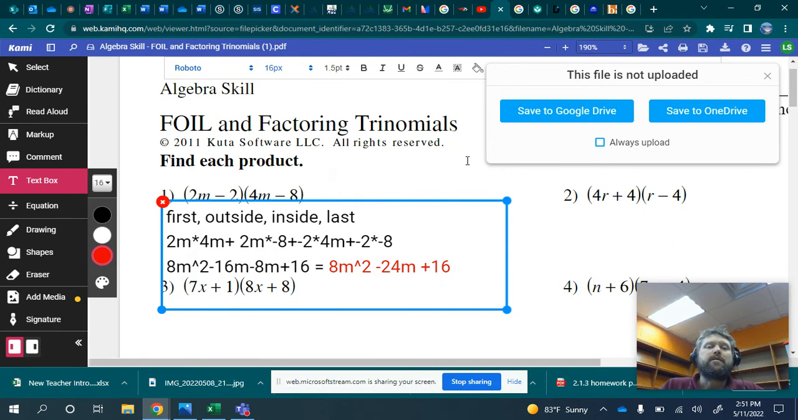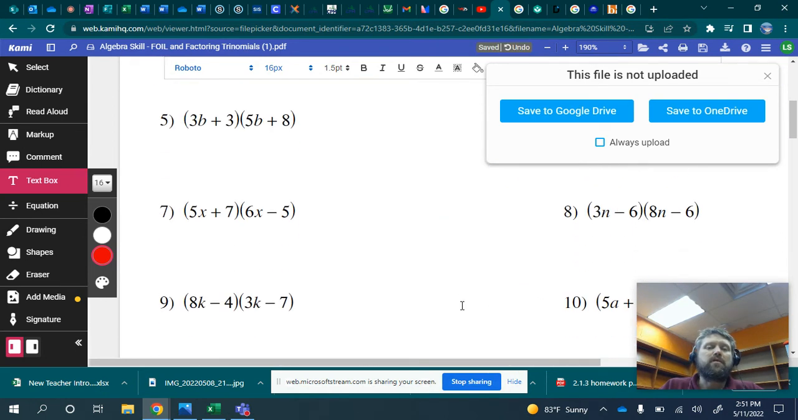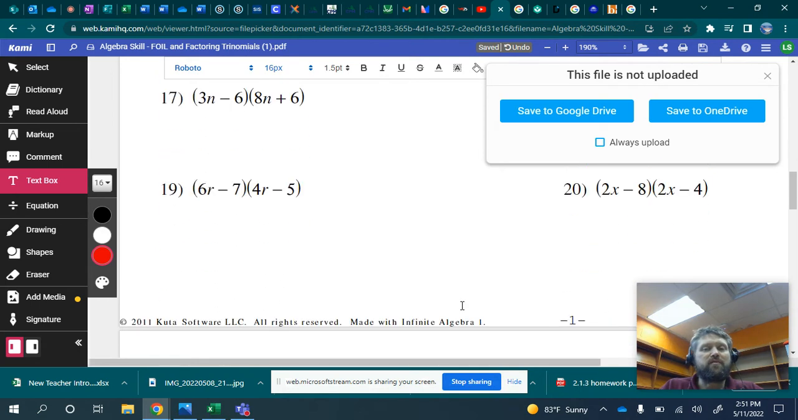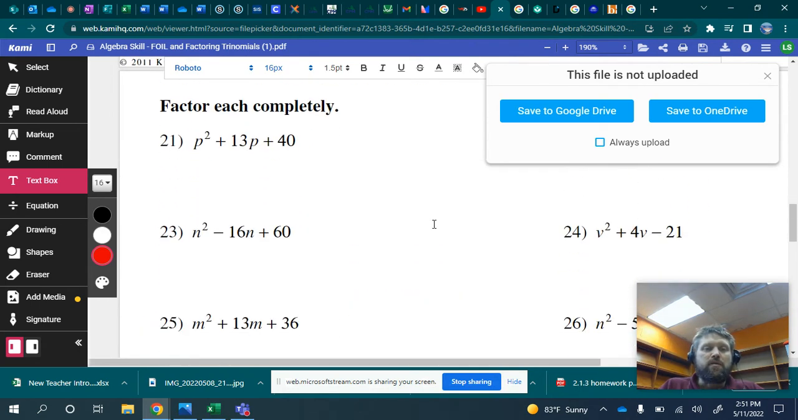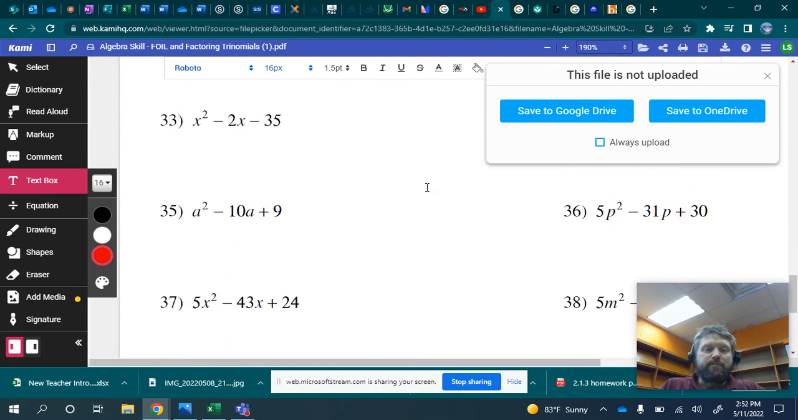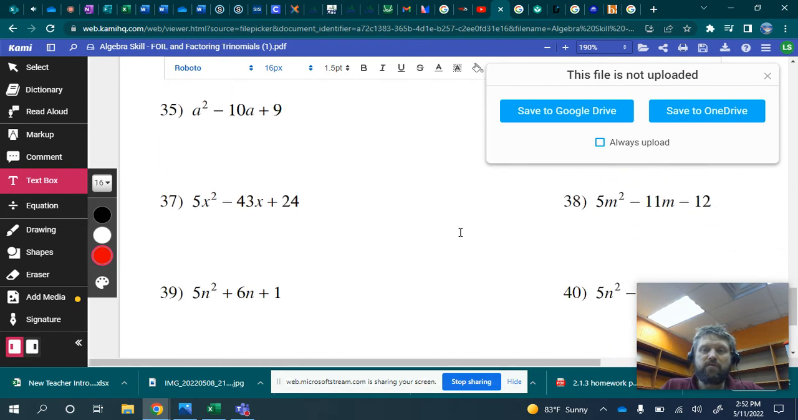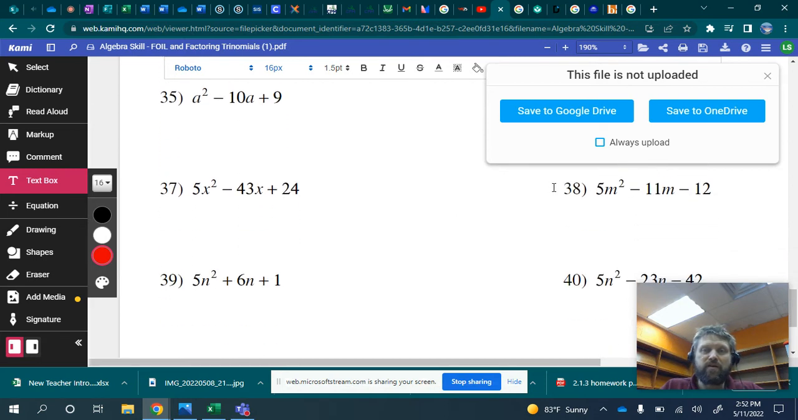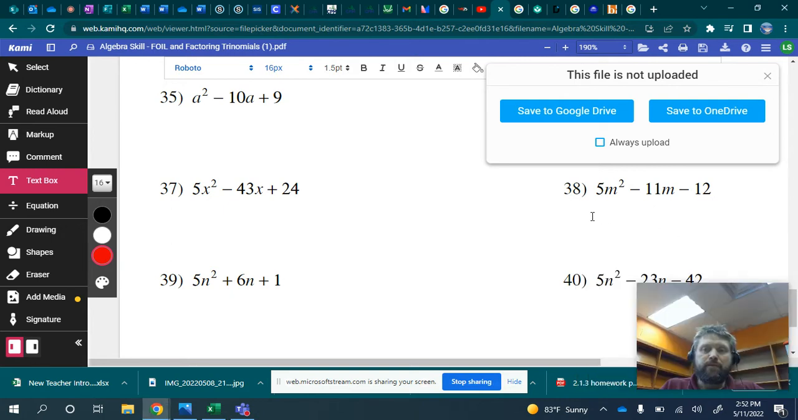Okay. So you have a whole bunch of practice questions to do. There's 20 on the first page, but you only have to do 10. All right. So pick just any 10 you want to do. And then the second page, I'm just going to randomly pick one. Okay, let me try this question right here, number 38. So for question number 38,